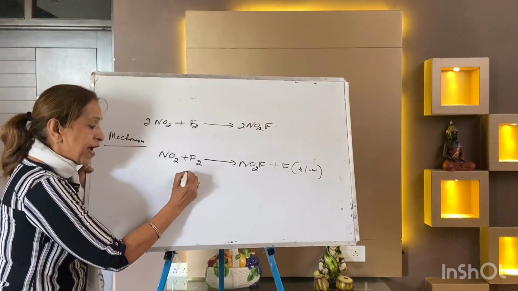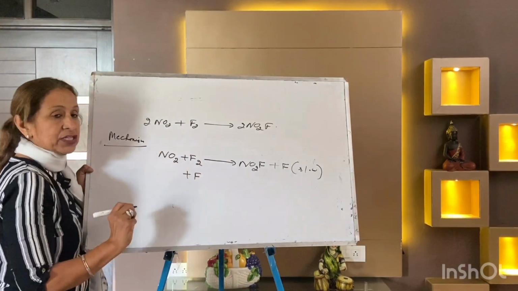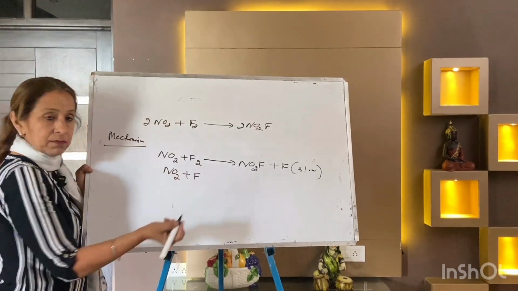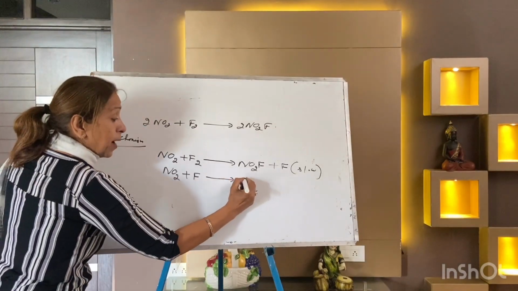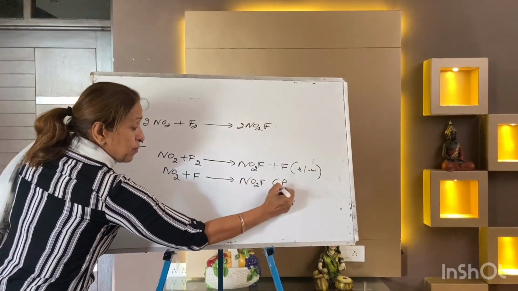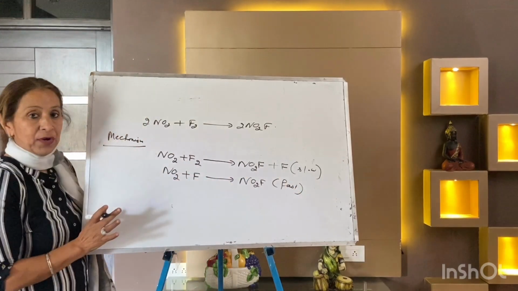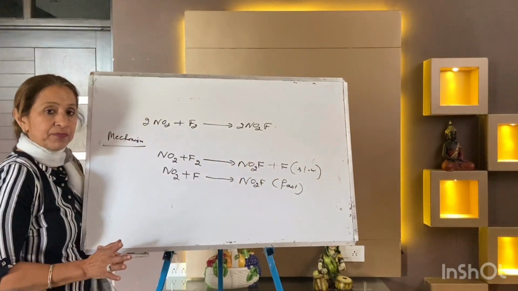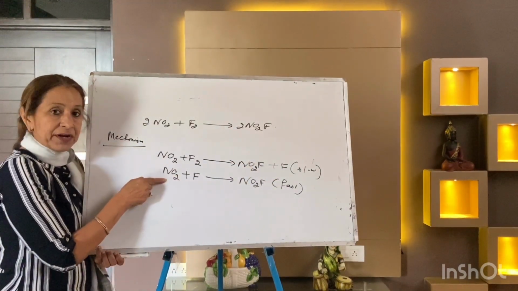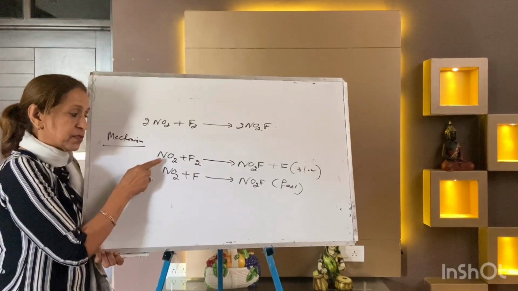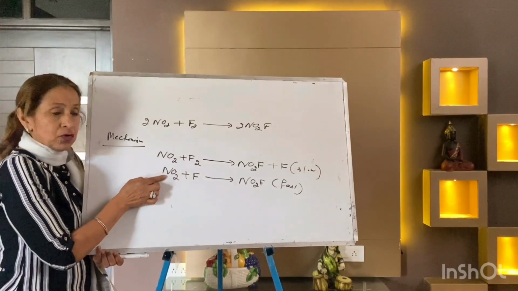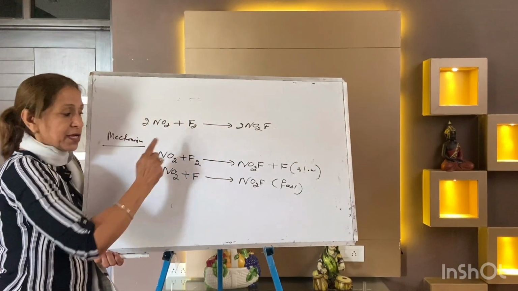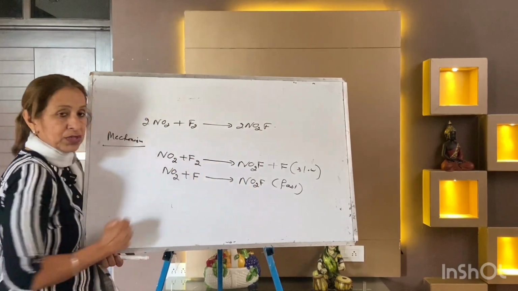Now you add this fluorine atom in another reaction, the second step. What is left now? You have one NO2 left. It will get added up. Your answer will come NO2F, and that step will be fast. No need to add it. If you add, what will cancel? This F will cancel. Your answer will come 2NO2 after addition. No need to add in the exams, just write slow and fast. And 2NO2 plus F2 arrow 2NO2F. This is the overall reaction. This is the slow reaction. This is the fast reaction.